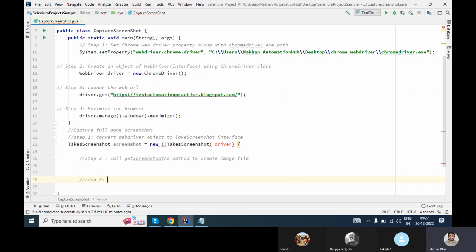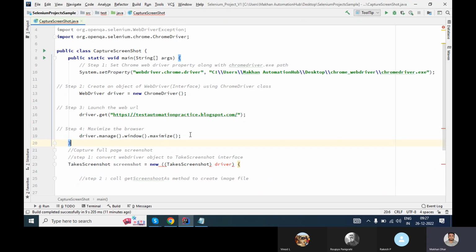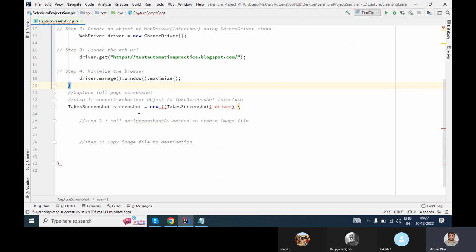Copy the image file to the destination. Okay, so these are the three steps. You can see the first step is to capture the full page screenshot, which is what we are going to do using this URL. Now convert the WebDriver object to the TakesScreenshot interface. It's an interface, and we have to